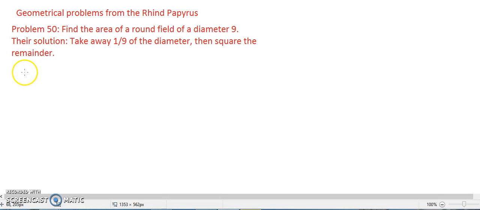Now we look at the geometrical problems from the Rhind papyrus. Problem 50: Find the area of a round field of diameter 9. So we look at their solution. And now we know that the area formula of a circle